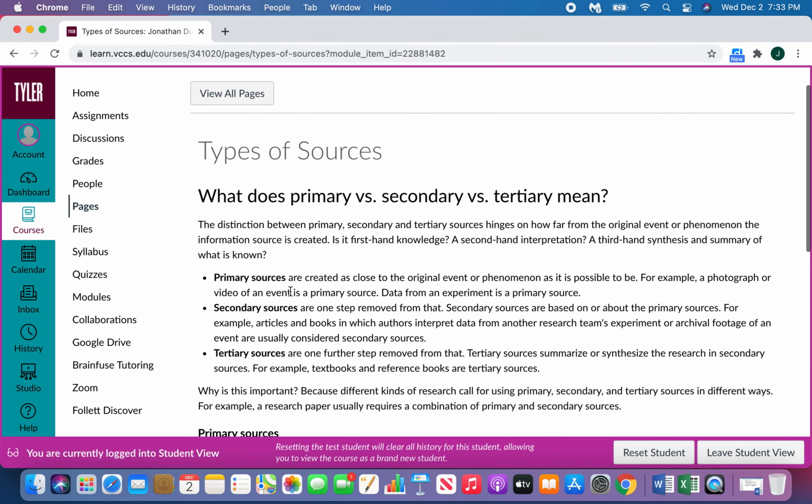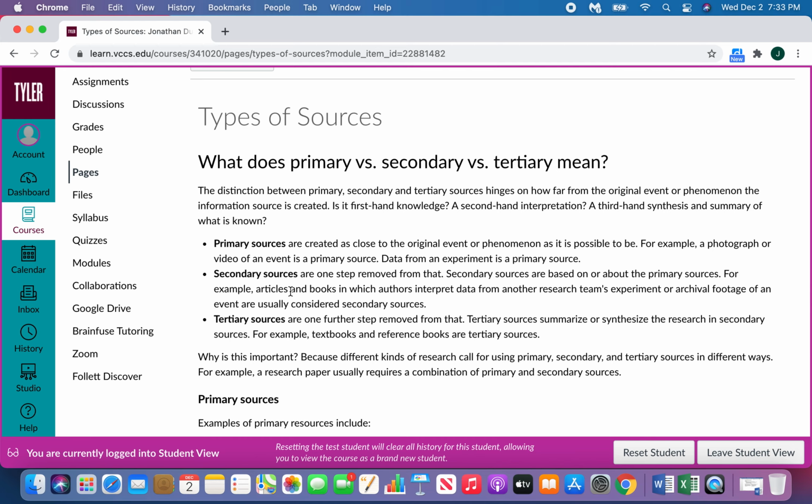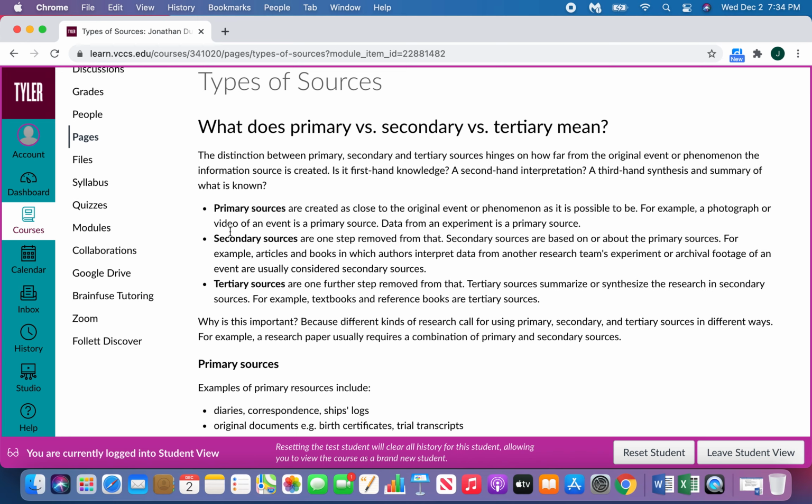We start with a discussion of types of sources. I have found that many students are somewhat familiar with the difference between a primary and secondary source, so they may need something of a refresher. And then often my introduction of a tertiary source is very new to them. And so I give just a very general introduction to understanding the differences in use of these three different types